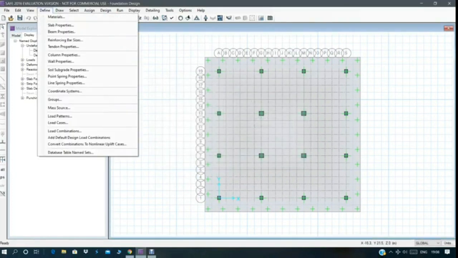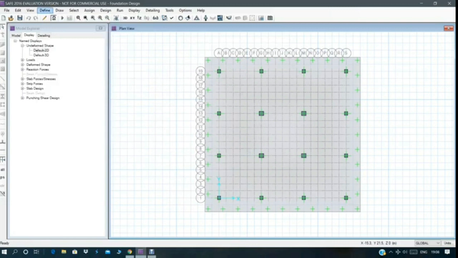After completing all this, we will be drawing the footing as shown on the screen.